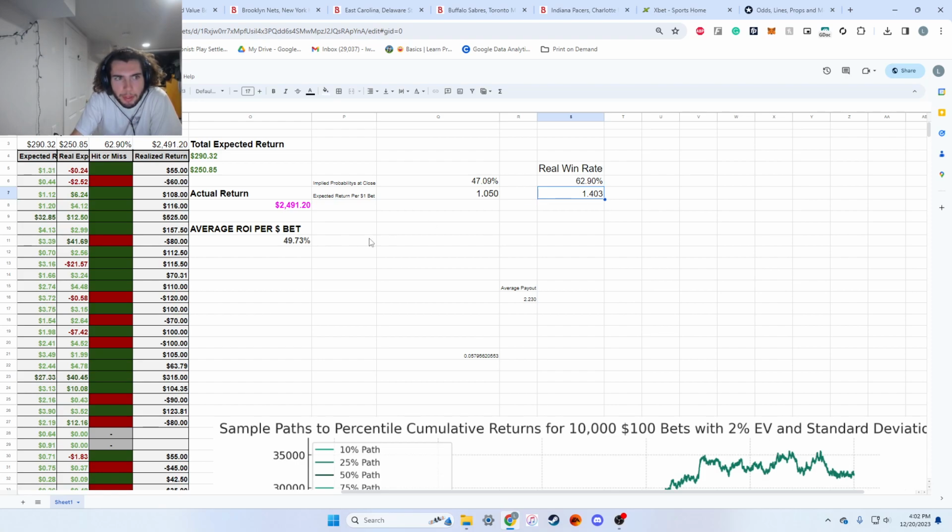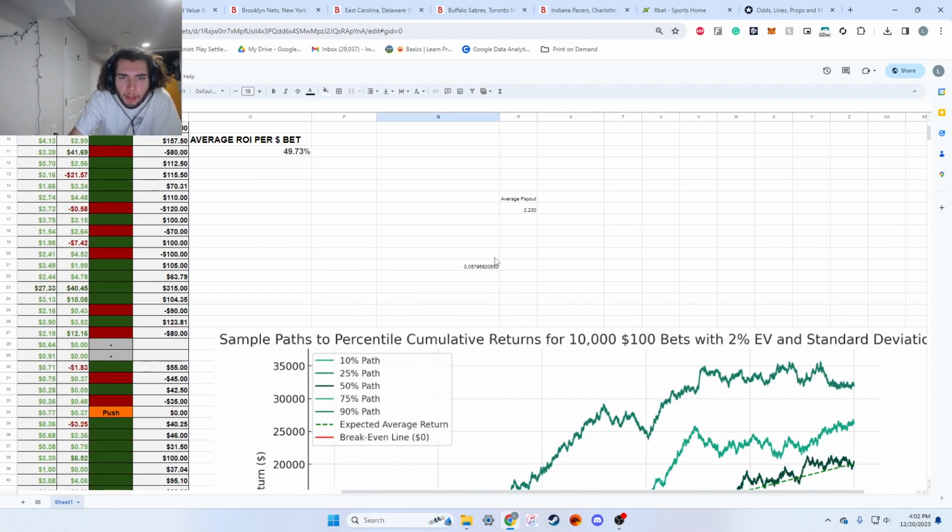I don't know why these numbers are different, just different ways of calculating it, and one of them's wrong. I don't know which one. I think this one, because this is... Oh, no. This one is per bet, and this one's per dollar. So this one you can bet the same money multiple times, I think. And it doesn't count against it. And then this is just my average payout. So this times this equals this.